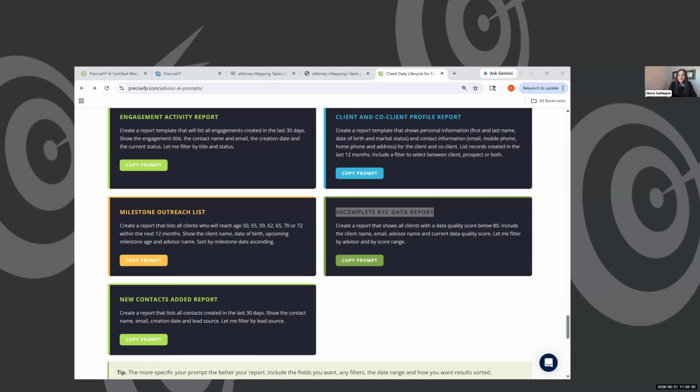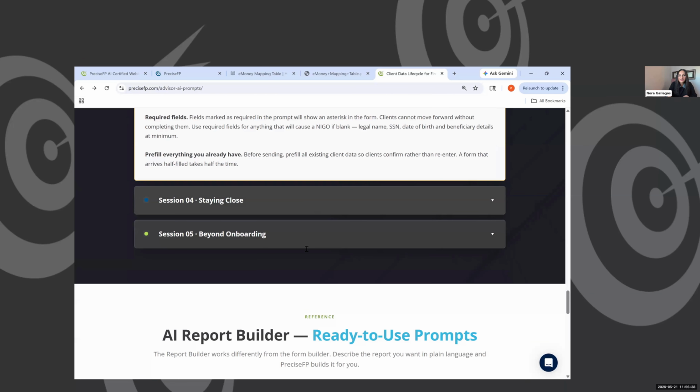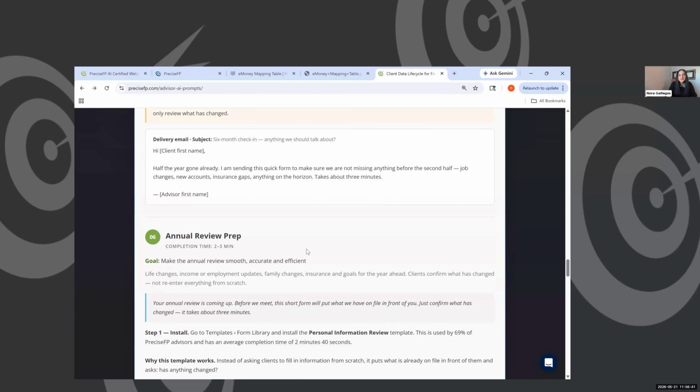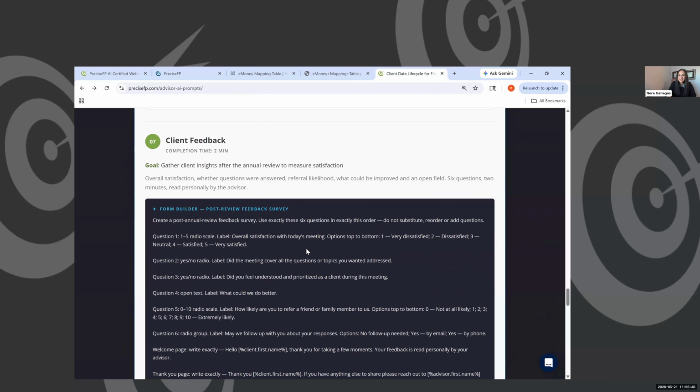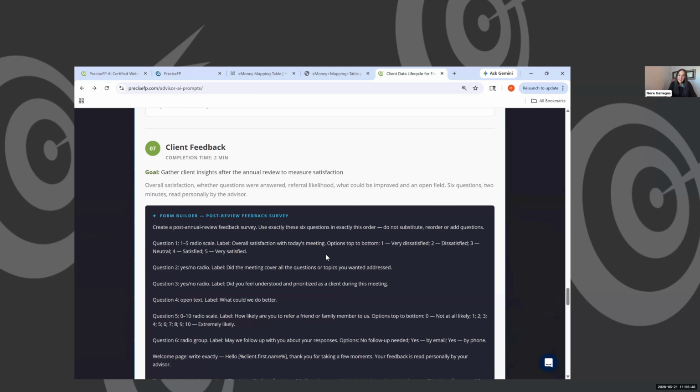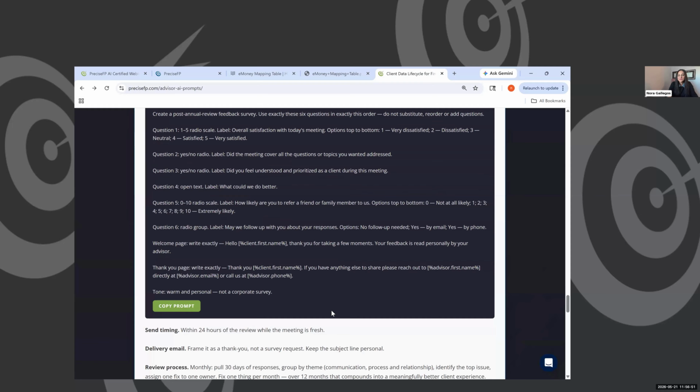And next week is a session that is going to cover, if we go back over to the session accordion and we pull out session 4, this one is going to go more into annual review prep and then even feedback, in regards to maybe we want to send a follow-up survey to kind of assess how the meeting went. We'll be building that out next week. So definitely think about your cadence, because we can do 3 months, 6 months, annually, and just kind of check